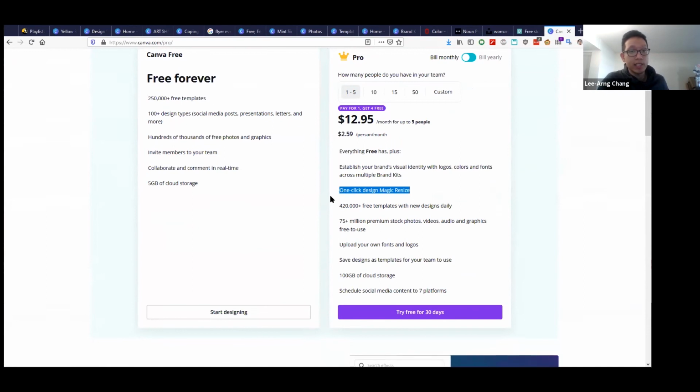This is what you're talking about: using a template and being able to quickly resize it to some other size and retain those elements, those assets. Obviously, you would have to do a bit more tweaking and customization, but this feature is called Magic Resize. That's behind the paywall. So the way around it is to customize a blank sheet and recreate that in the new size, unfortunately.